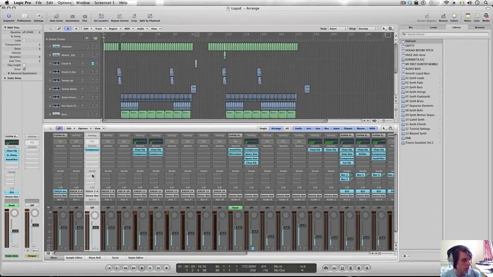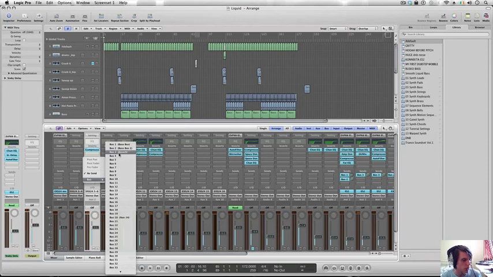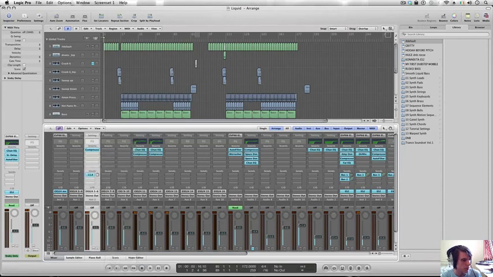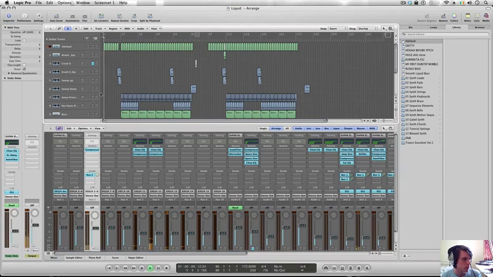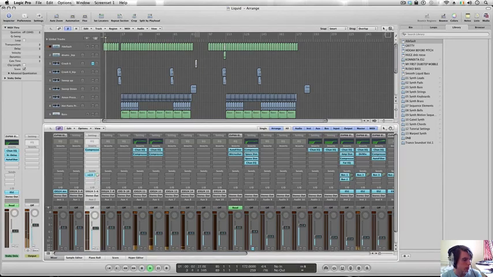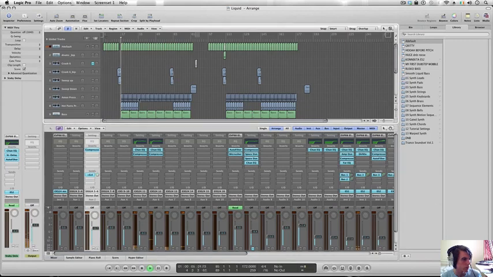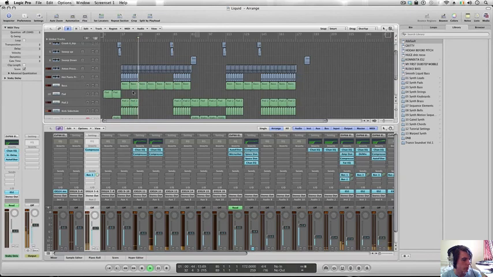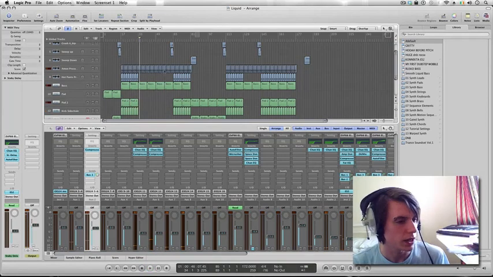Very importantly, we want to send this to our reverb bus. I'll try it again. A bit more. That's a lot better. Okay, let's finish with effects. Next